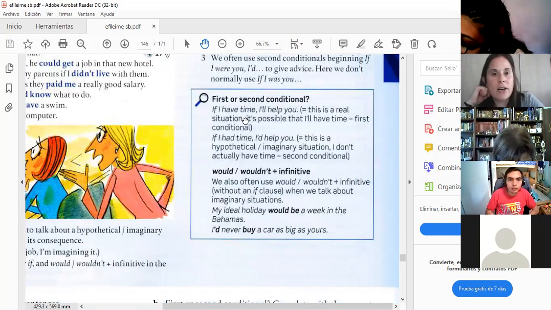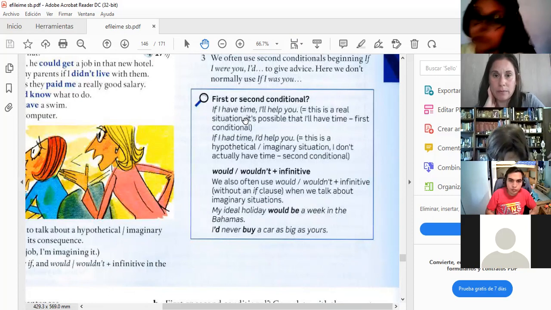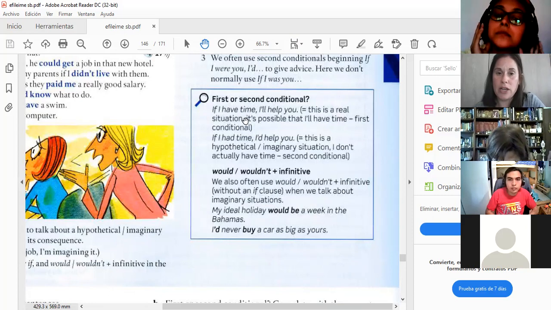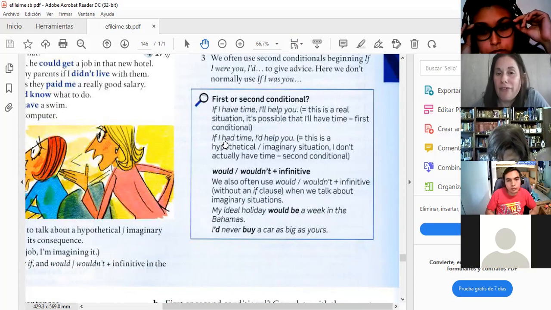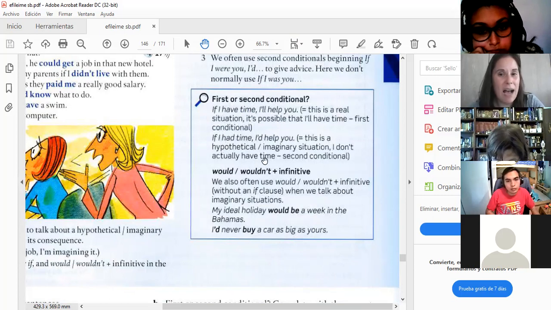It says first or second conditional. "If I have time, I'll help you." This is a real situation. It's possible that I'll have time. Now pay attention to the second example. "If I had time, I would help you." This is a hypothetical imaginary situation. I don't actually have the time to help you. So you can say the same thing in first or in second. But